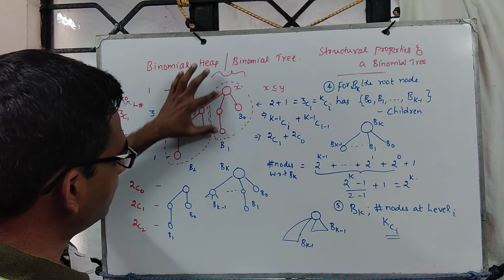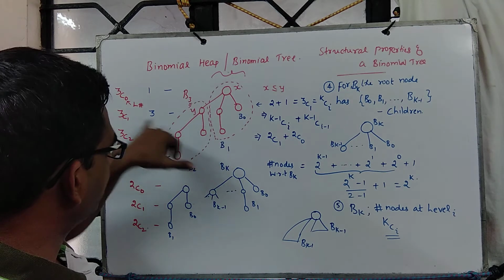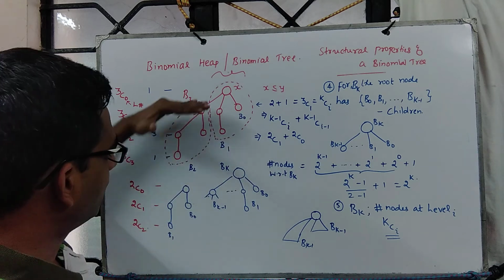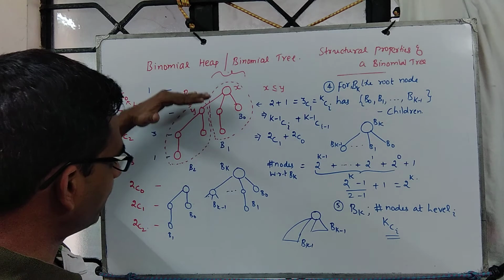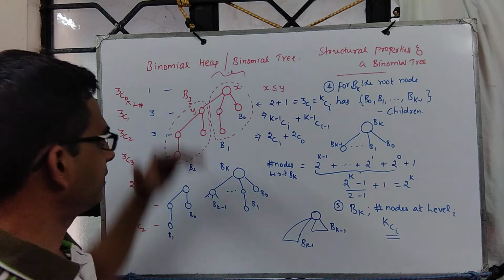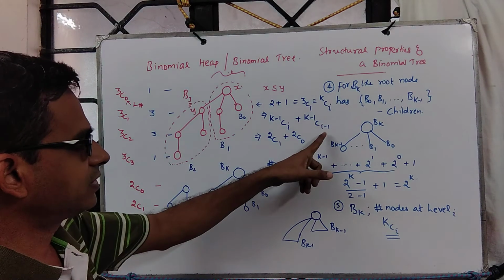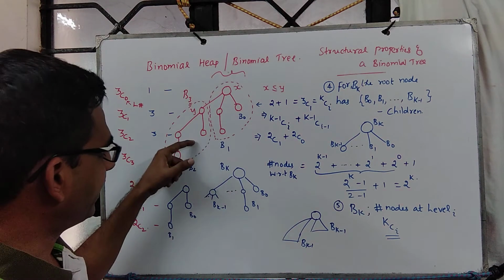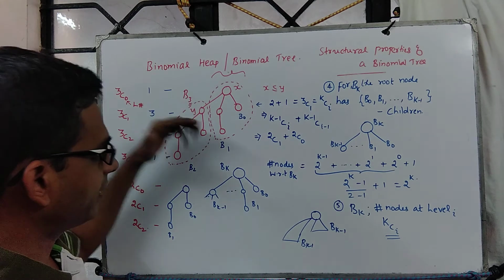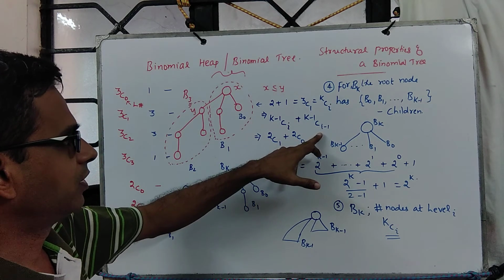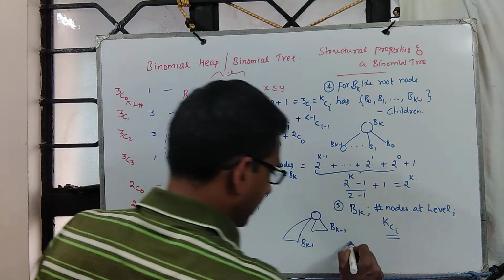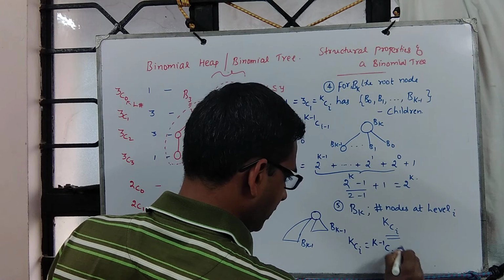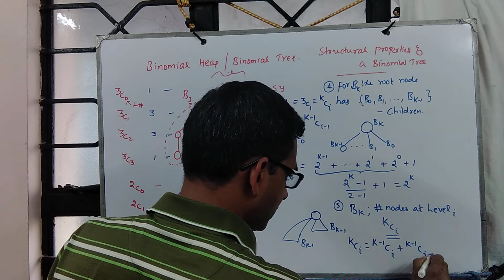Now if you look at this BK minus 1, it is K choose I and K minus 1 choose I. It is one and the same. The level is not changed. And this BK minus 1 alone is pushed one level down. Correct? That's how we construct, right? This is one level down, which means it is I minus 1. So what you see over here will come one level later. So this is pushed one level down, which is why it is I minus 1. So that shows that K choose I is precisely K minus 1 choose I plus K minus 1 choose I minus 1.